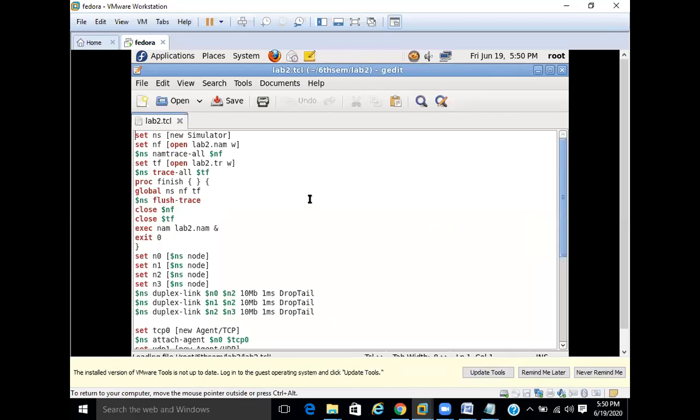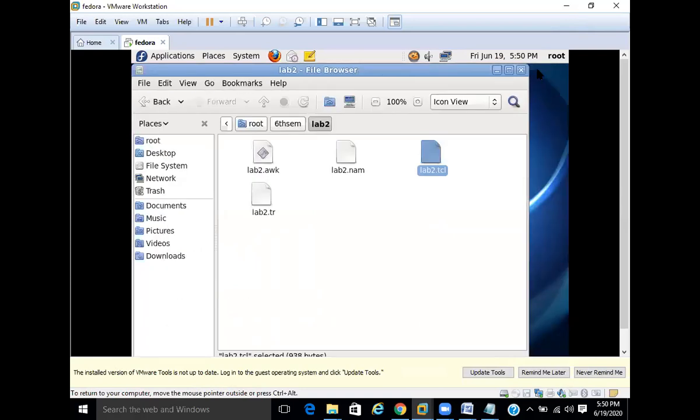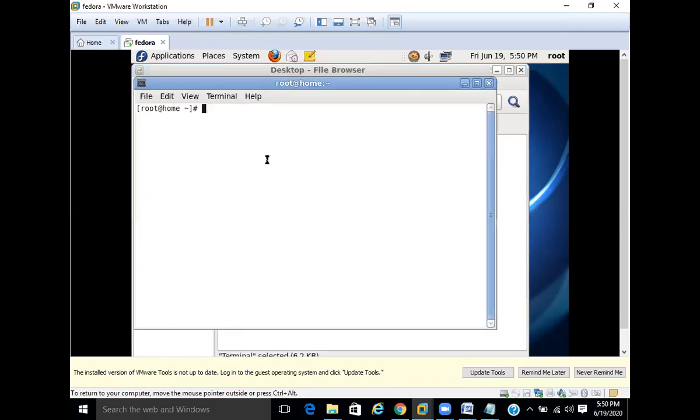Here I have typed the same program, and I need to run it to see whether the program has any errors or not. Open the terminal on the desktop and set the path: cd 6th sem folder.